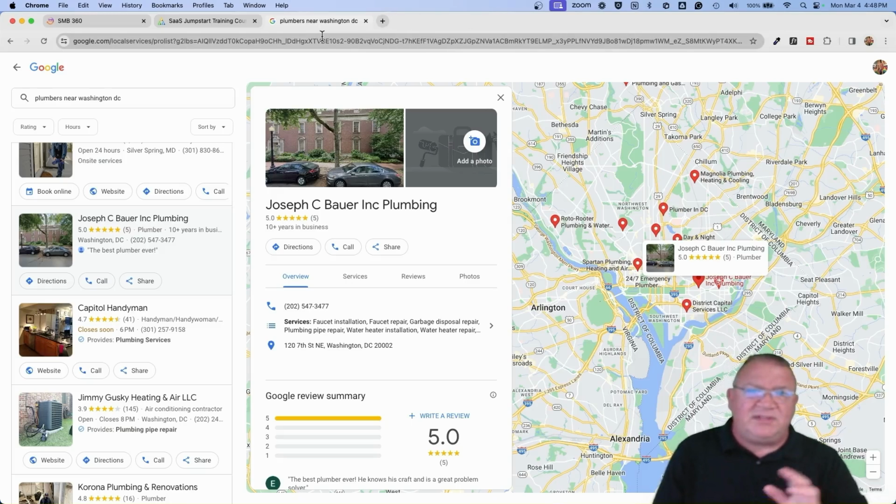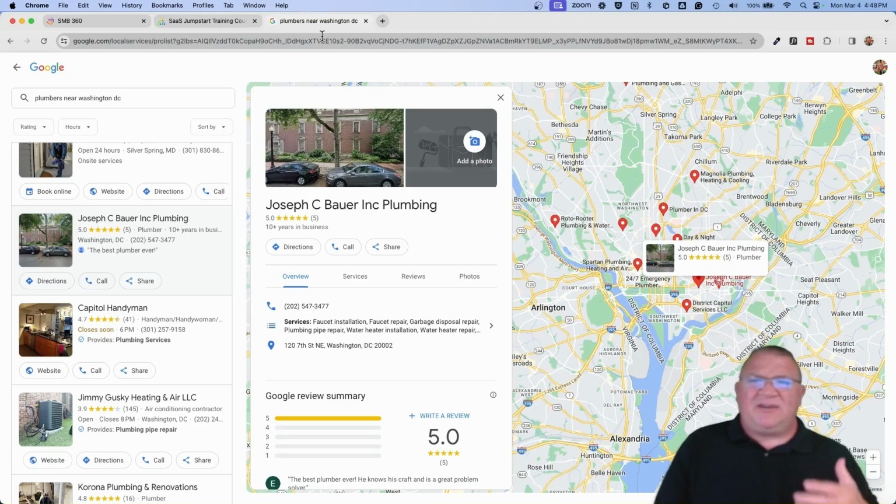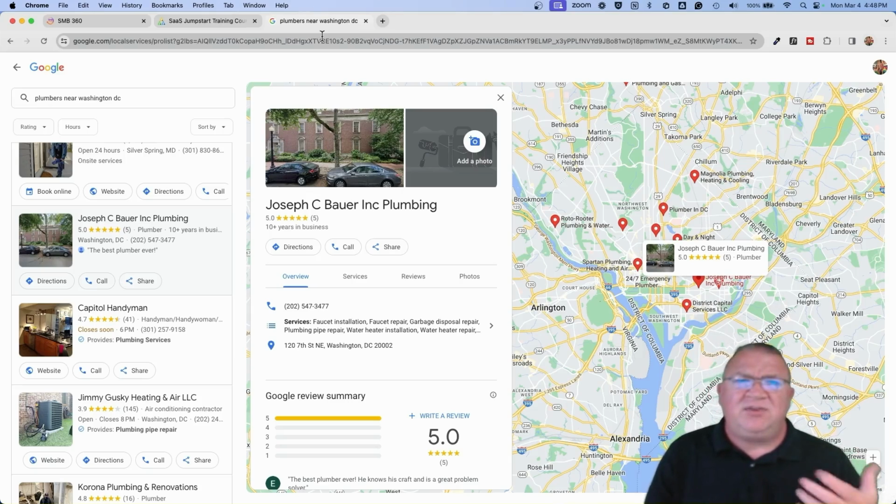But again, with Google, this is the great thing. You can prospect in any market that you want. Your local market, remote markets. Now, just think about this real quick. If you sign up for HighLevel, and let's just say you do get a free trial for a couple weeks to get this thing going, what I'm talking about here, it would take you, let's just say, one day to